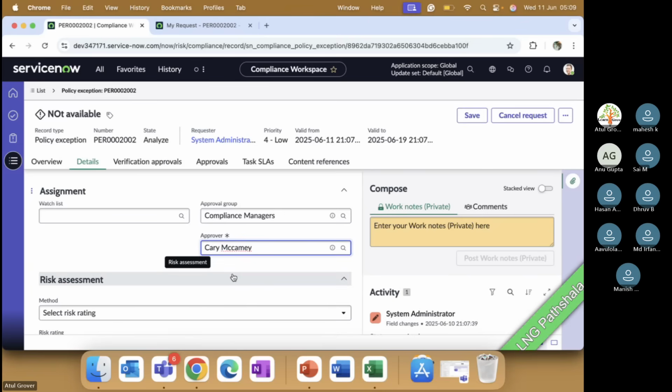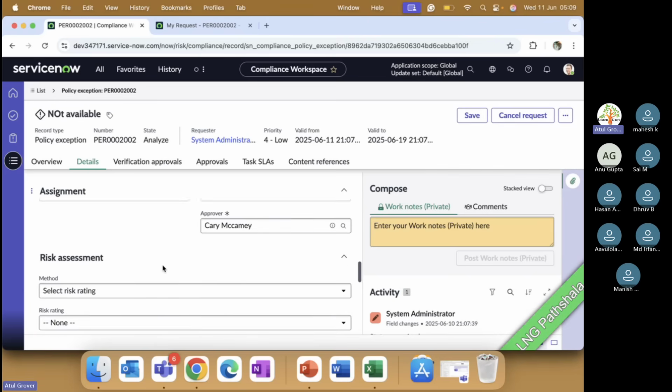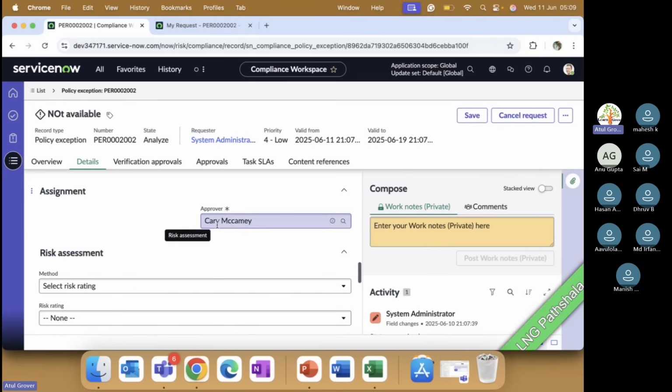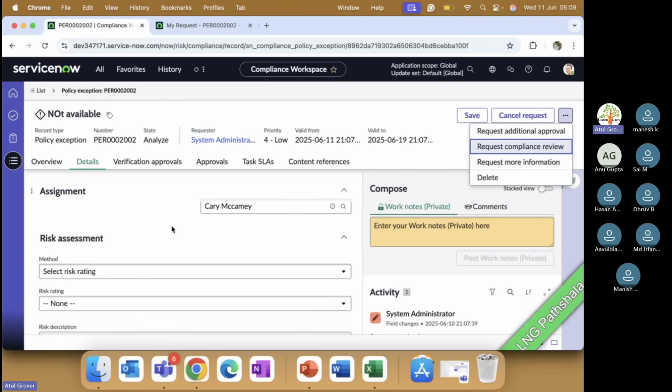Or I can ask for the review as well. Once it goes for the review, sorry, it goes for the additional approval first: I'm approving, but another person will also approve it, and I can ask for the compliance review as well. Then, if this exception is given,